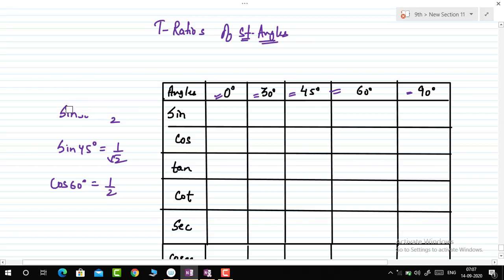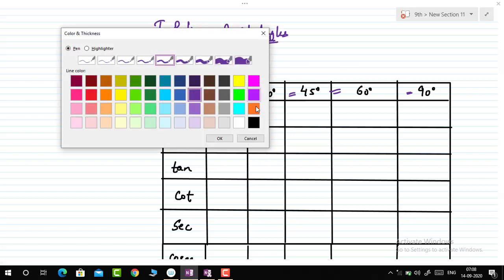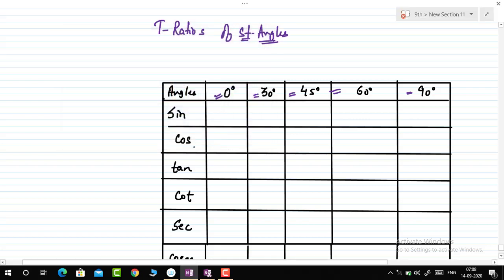First of all, there is a trick to find the values of sine of standard angles. Firstly, we will write, this is sine 0 degree. In place of here, we can write 0 upon 4. Then here we will write 1 upon 4. Then in next we will write 2 upon 4. In next 3 upon 4. And in next 4 upon 4. Then we will take the under root of the entire.